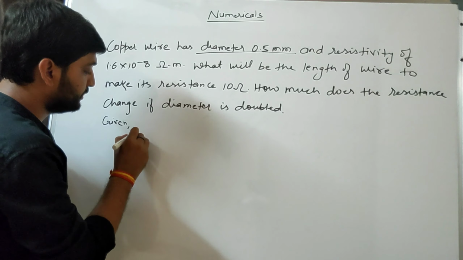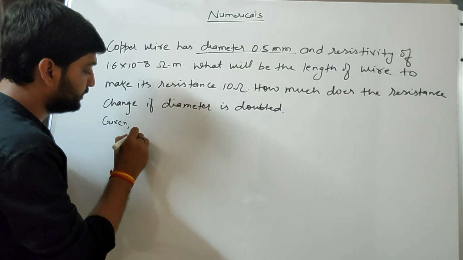Now see, if there is any conductor that is in circular shape, the area of cross section will be pi r square. Suppose this is a conductor, so this is the area of cross section, this part. This part looks like a circle. What is the area of circle? Pi r square. So the area of that conductor, meaning cross sectional area, we will always take as pi r square. Okay. So now see, diameter is given 0.5 mm.